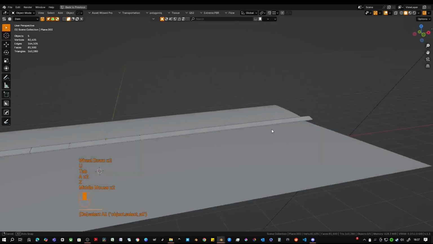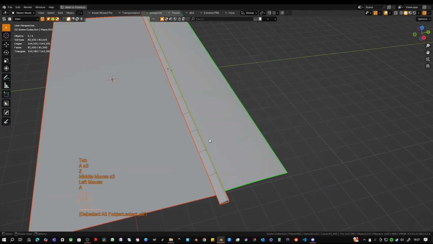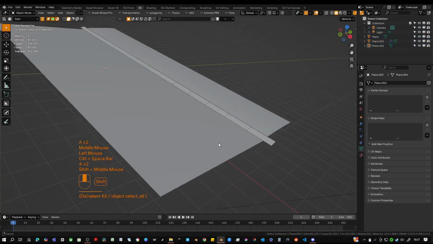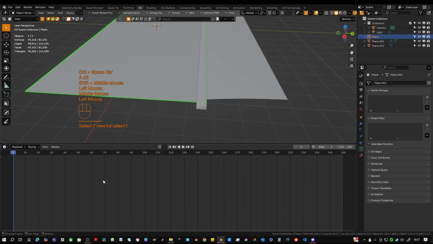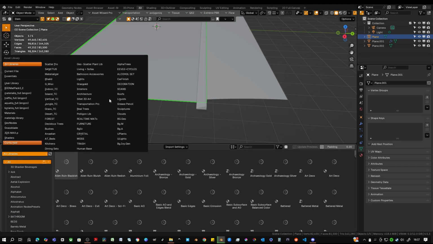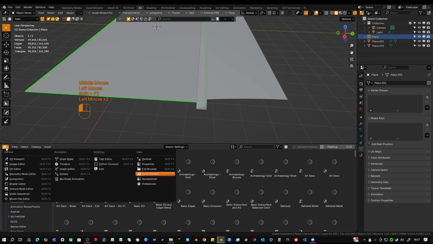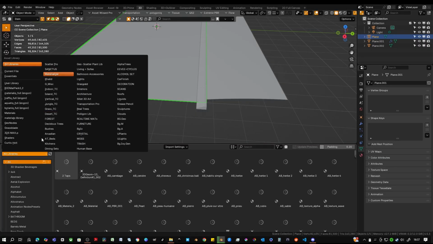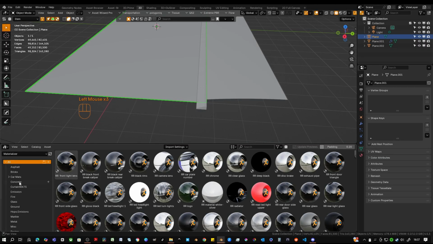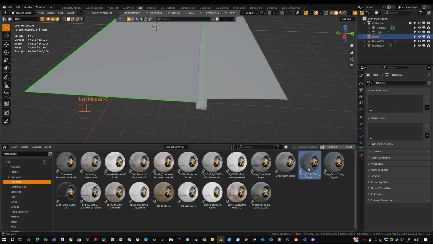Okay, I think we have the basic mesh. For now I just want to add the materials on them. So if you press Shift F1, you can go to the asset browser, Shift F1, and then here I saved my materials over here. So I'm going to use this